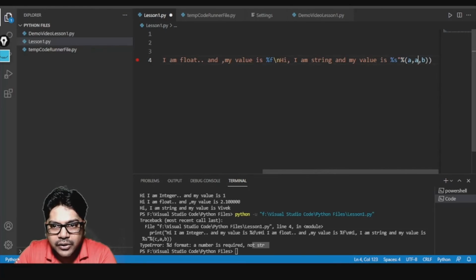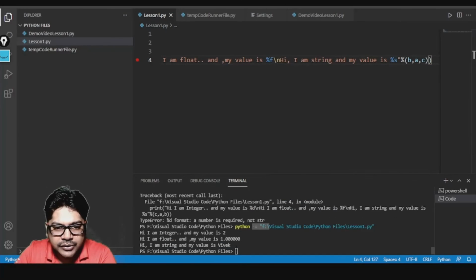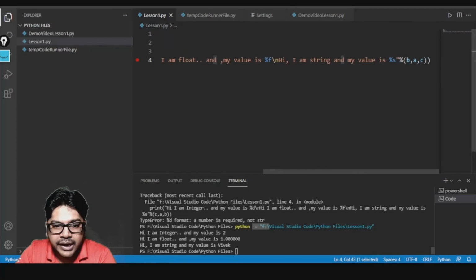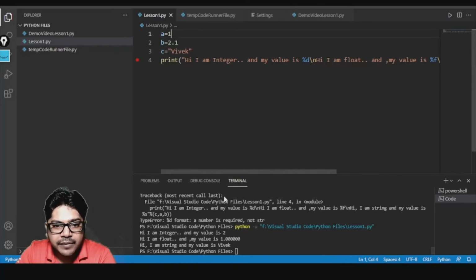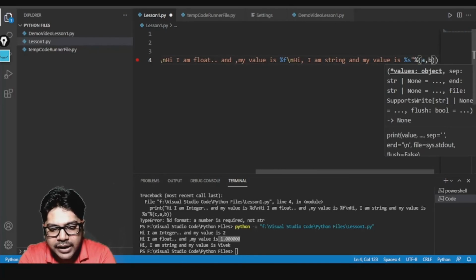Can we replace float and integer? Let us check with that. I'll keep c as it is because that is a string anyway. Yes, we can replace the float and the integer. For the first place I wrote b, while my a was integer, but in %d, which is my first, I gave the value b. So it is turning into an integer: 2.1 turned into 2, and 1, which I gave as an integer, is coming as 1.000. It turned into a float. So better we give it in the correct order so that we get the exact output.